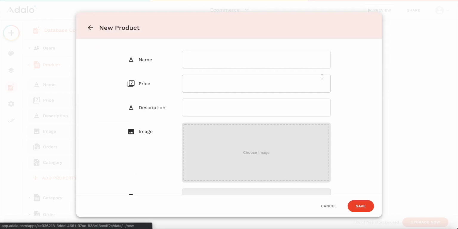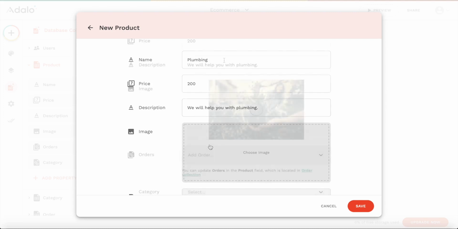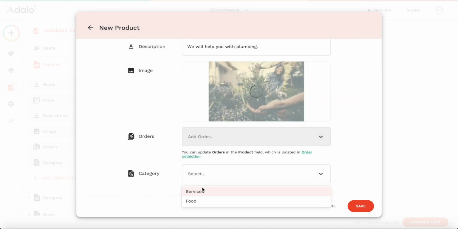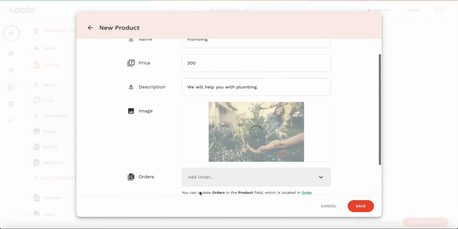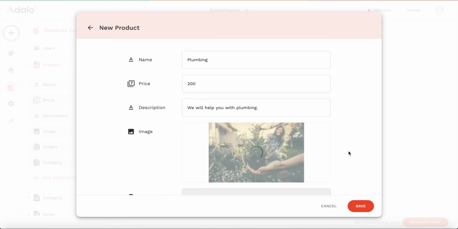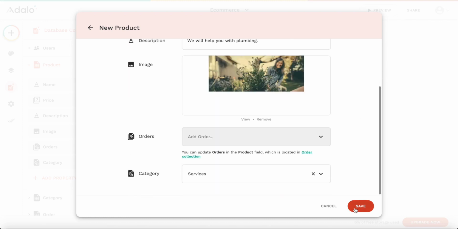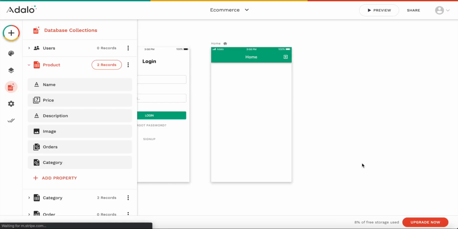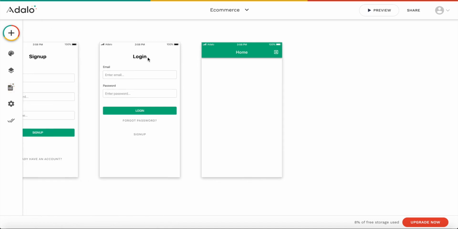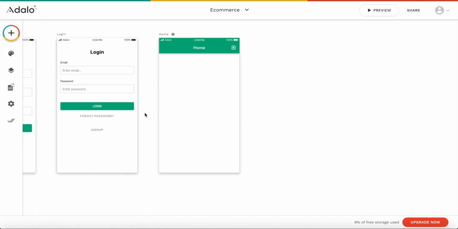And let's also add another product. Let's say it's called plumbing. The price is 200. Description is we will help you with plumbing, whatever you want the description to be. And the category is obviously going to be services. So that's it. Let's wait until the image is uploaded. Okay, great. So let's click save and done. So we have our database populated with some placeholder data,